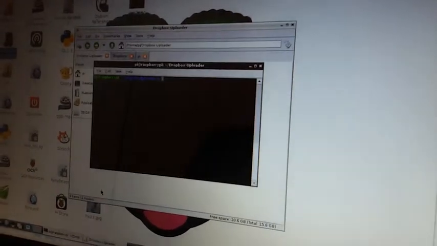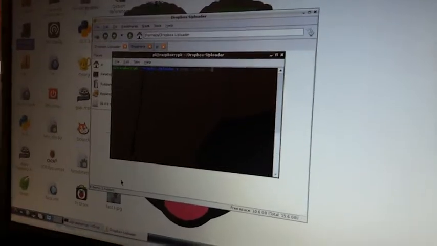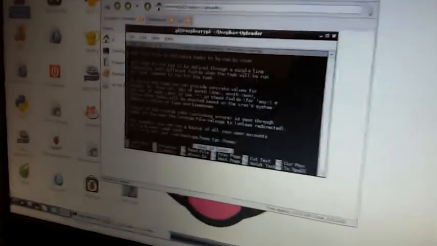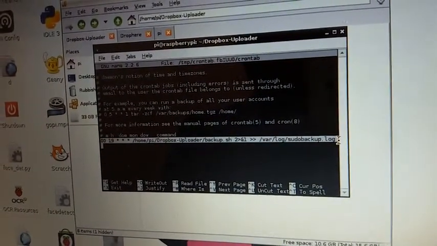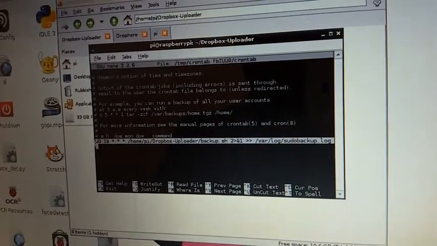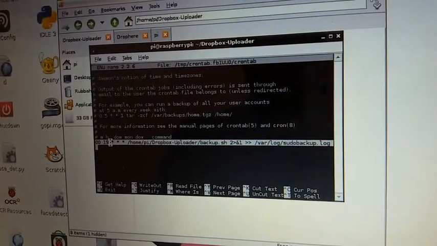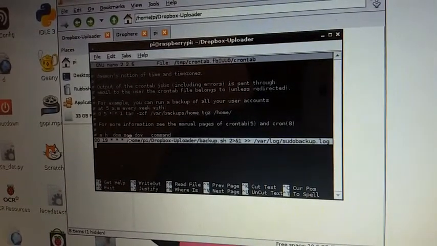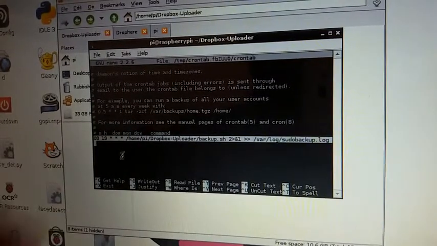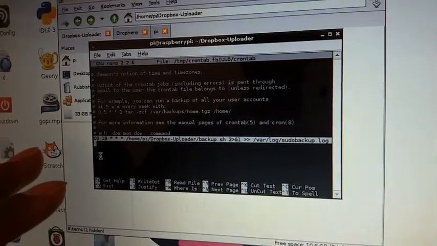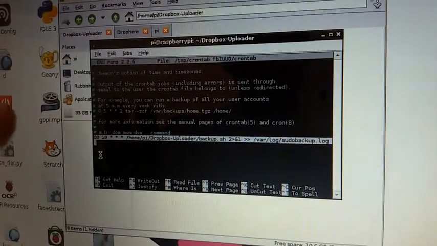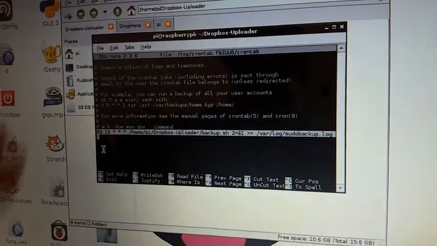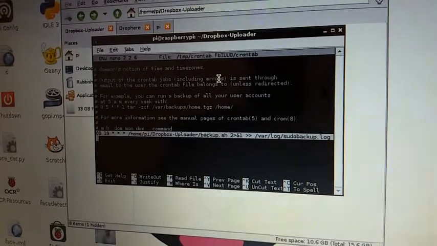Allow me to show you what the crontab is. It is a very simple line. This signifies the minutes, this the hours, this days, months and years. I have made it so that automatic uploads occur every day at 7 p.m. Now going back to the terminal,